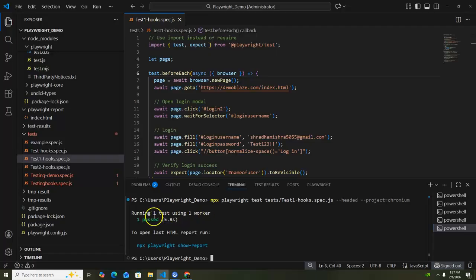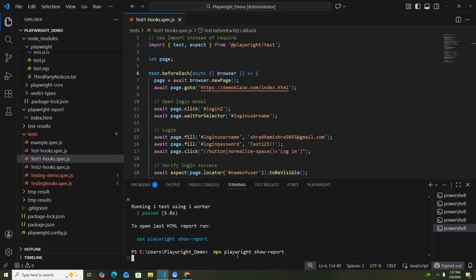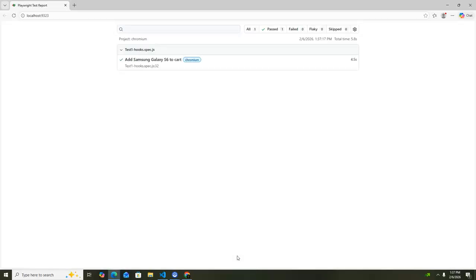So it passed because I'm running in the Chromium browser. You can see here the project equals Chromium, so it will show in the Chromium browser, and if you want to see the result, you can use this command and paste it and execute. So simply you have to press enter, and then you will be able to see that the result is all passed,